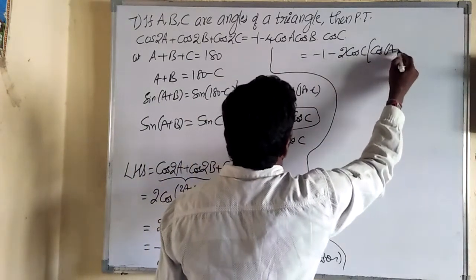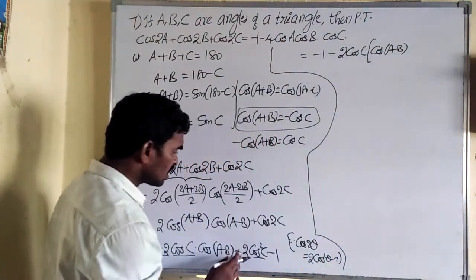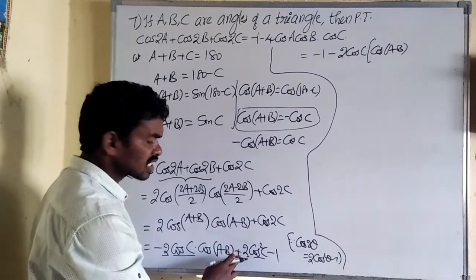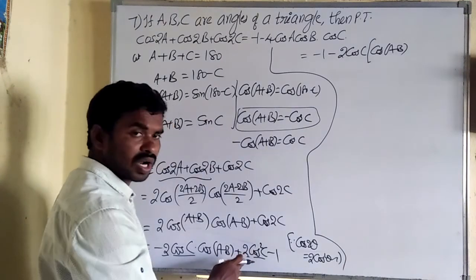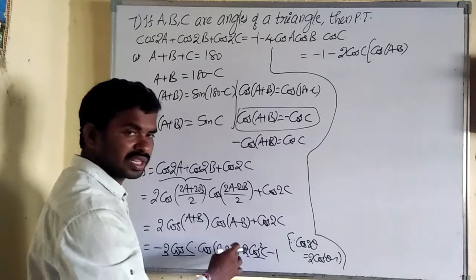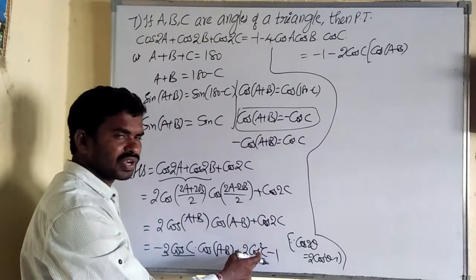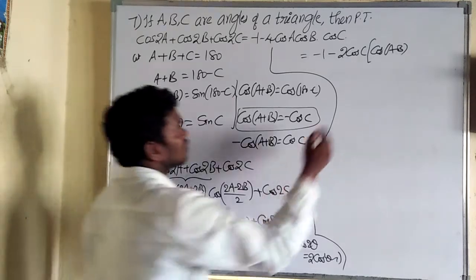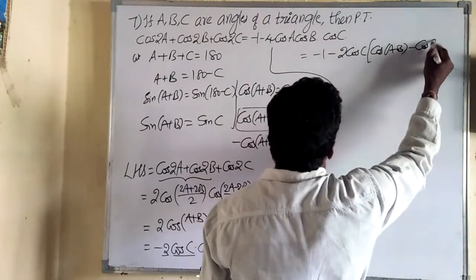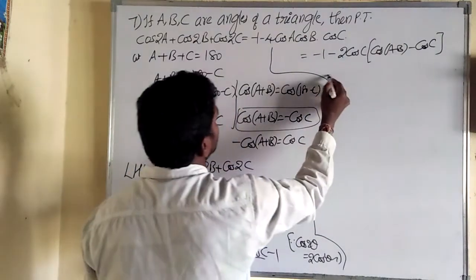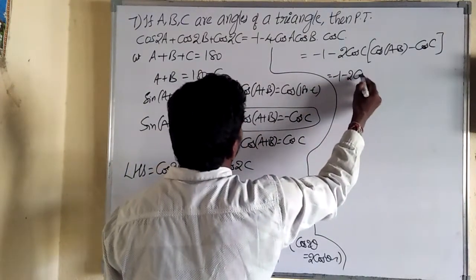So cos of A minus B. Then here, if plus is there, take minus common, then minus becomes 2, already took out. Again 2 will not come. And in cos square, if you take 1 cos c, 1 cos c is 0. So we get minus cos c. That's it. So which is called minus 1 minus 2 cos c.